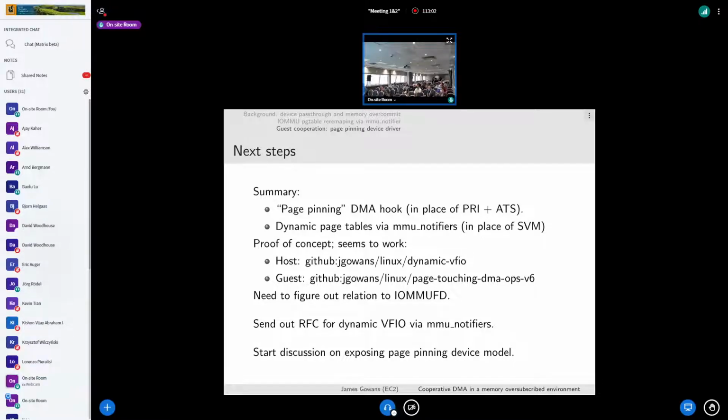KVM takes care of all the MMU notifier stuff because it already knows how. And all you're adding is basically lightweight page locking on top of that somehow. I think that would be really appealing because of the KVM page table today in a lot of architectures. But we don't have a solution to